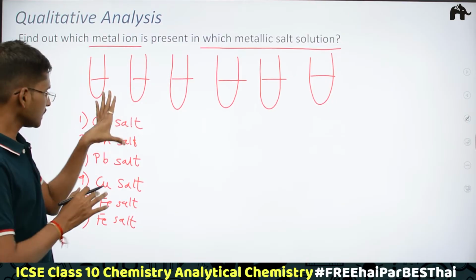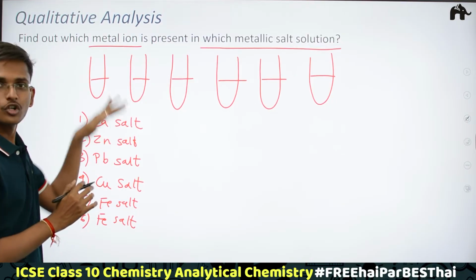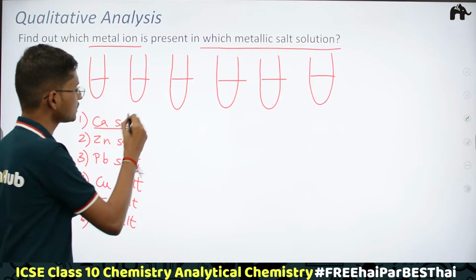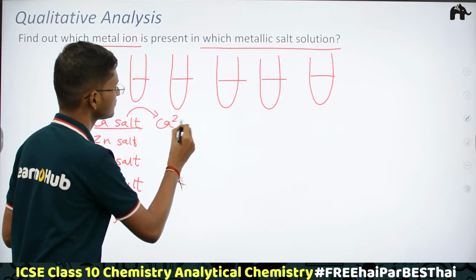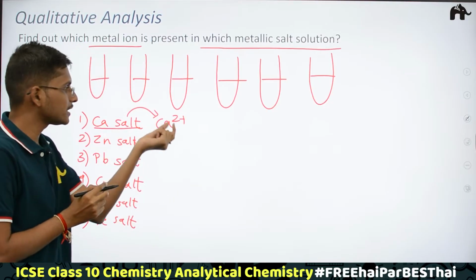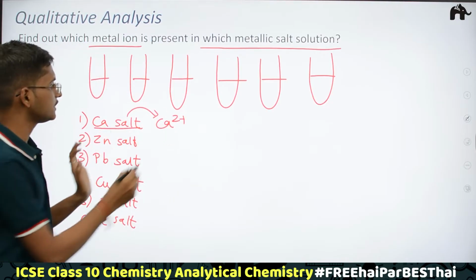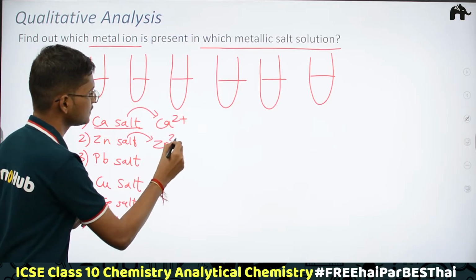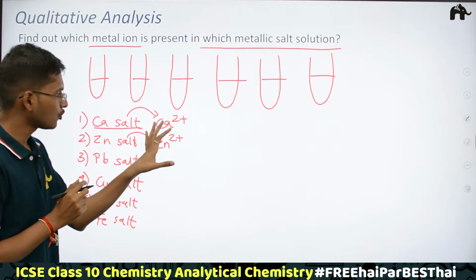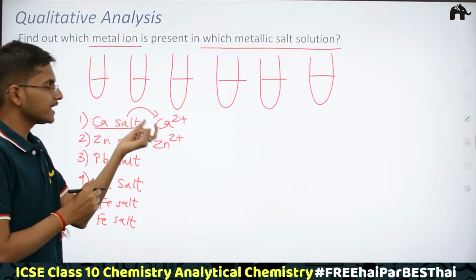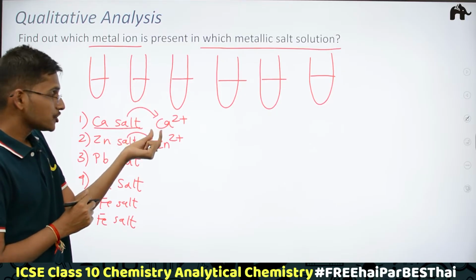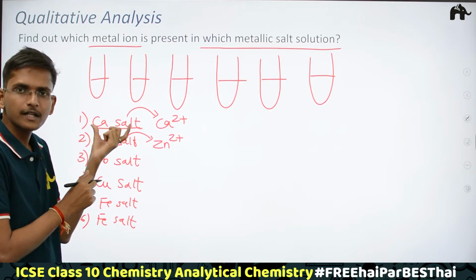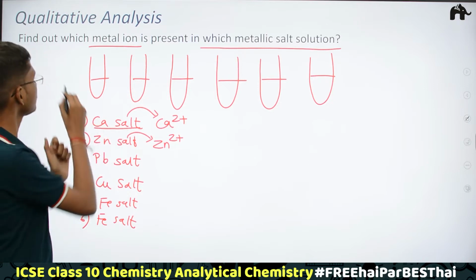Now in this calcium salt solution which I am talking about, the calcium is in the Ca2+ ion form. Same way in zinc salt, zinc is the Zn2+ ion. Suppose I am taking an example, calcium nitrate. Okay, this calcium salt, which I am taking as the example, is calcium nitrate. Now see, in this calcium nitrate,